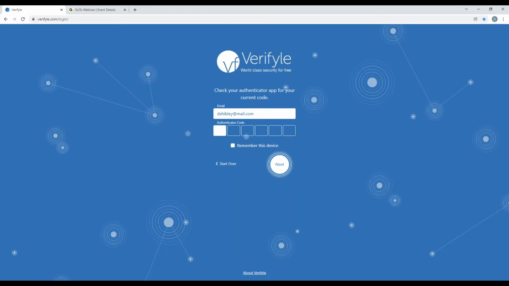I click next, and I have selected the option inside of Verifyle such that an authenticator code is also being requested of me. The authenticator code is a code that appears on my mobile device, in this case, my mobile phone, and it changes every 30 seconds. The benefit of using this second factor of authentication, this authenticator code, is that even if somebody does somehow get a hold of my password, they still won't be able to access my Verifyle system unless they also have my